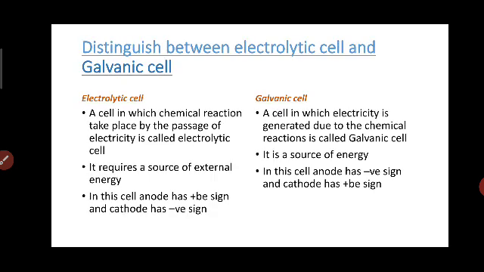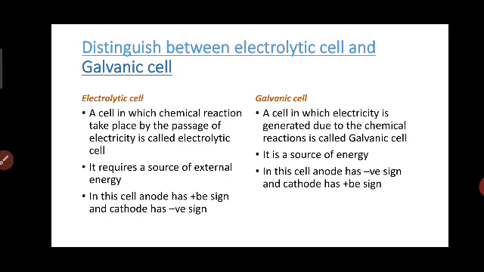So, dear students, once again, you have to observe the construction in your mind. Keep the construction of the electrolytic cell and the galvanic cell in your mind, then you can automatically differentiate between them by what you are observing in the construction only. The definition will be, by passing current, energy will be